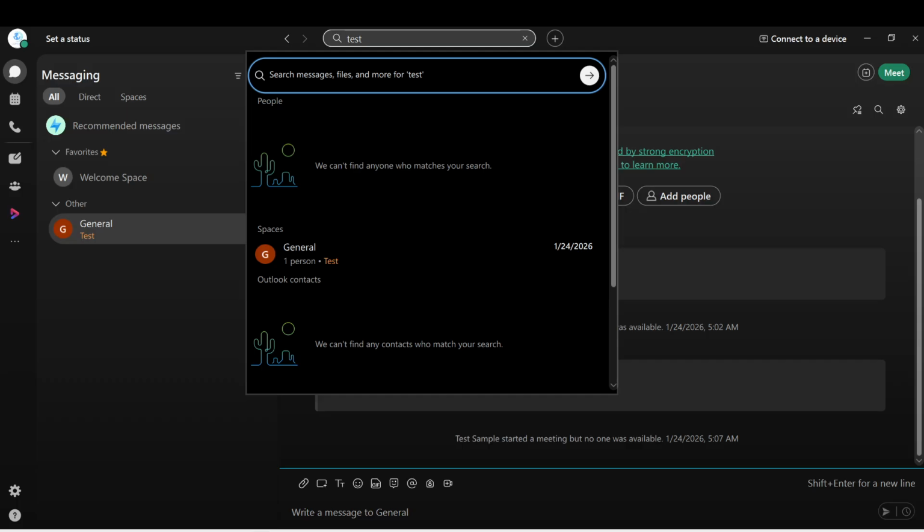chat history. Once you've entered your search term, review the results that appear below the search bar. This is where you can see messages that contain your keyword or phrase. Click on any of the search results to jump directly to that specific conversation. This action significantly enhances your efficiency as it allows you to access information without scrolling through all your chats manually. You will find it easier to manage your communications this way.